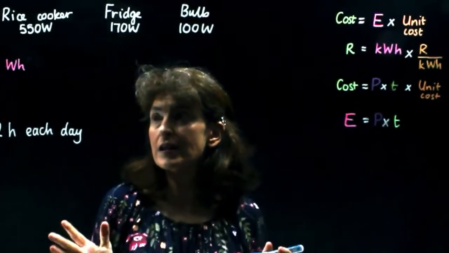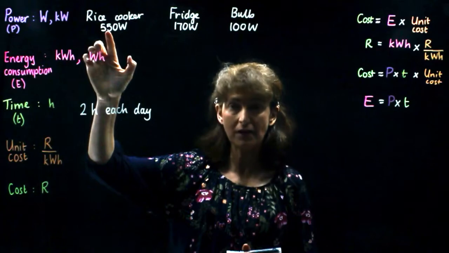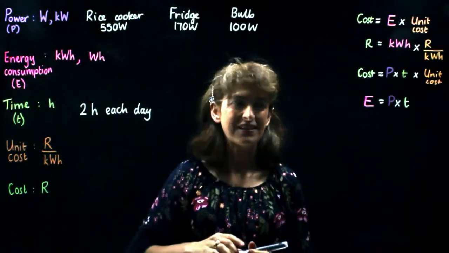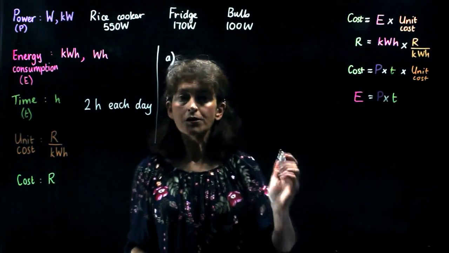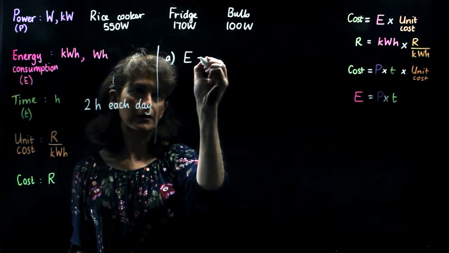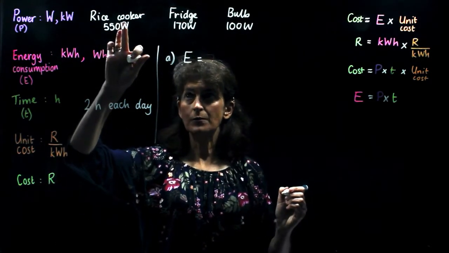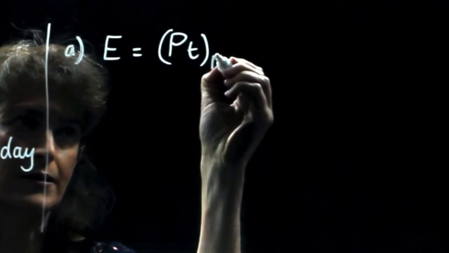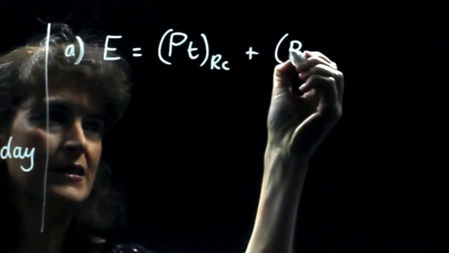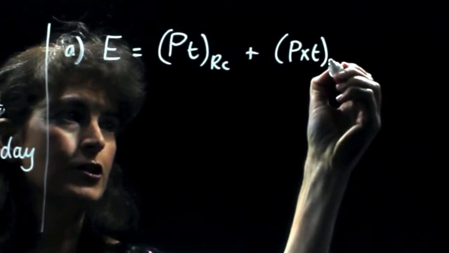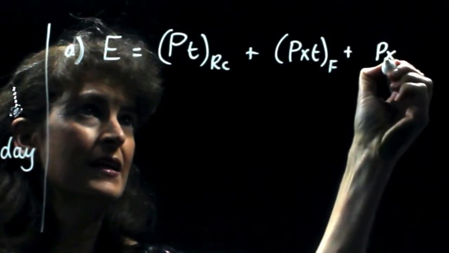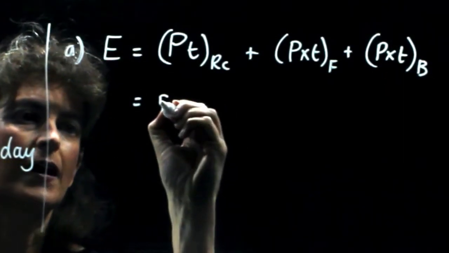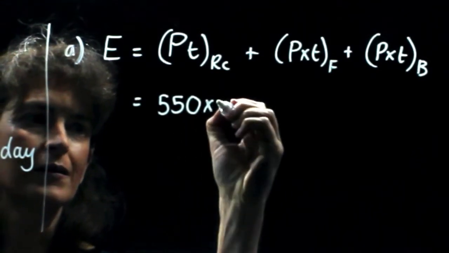And since we're asked to give it in watt hours, we can simply multiply the information we're given in watts by the information about time that we're given in hours. So this is a really easy question. The total energy consumption is going to be the sum of the energy consumption from each of these, which is P times T for the rice cooker plus P times T for the fridge plus P times T for the bulb. So power 550 times 2 hours